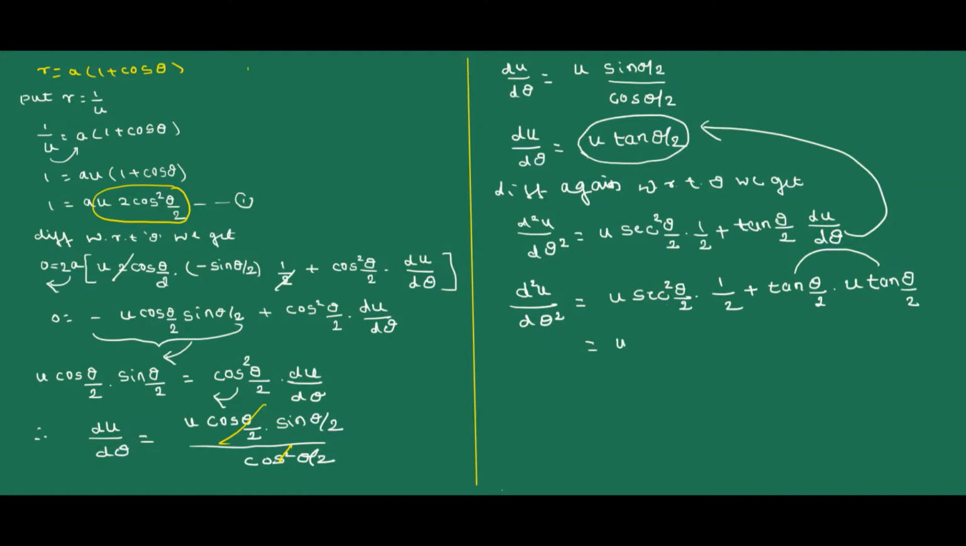So this is equal to u by 2 sec square theta by 2 plus u into tan square theta by 2. Now on the left hand side we have d square u divided by d theta square. But with respect to the formula of central orbit, we can add u on both the sides. Adding u on both sides,